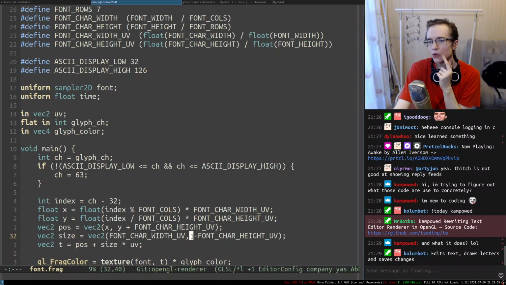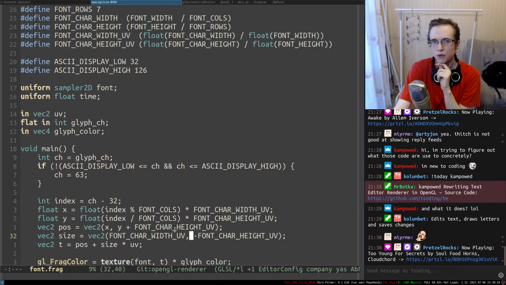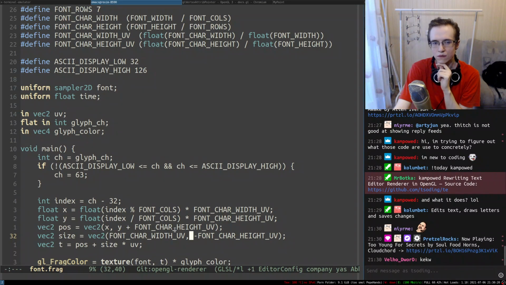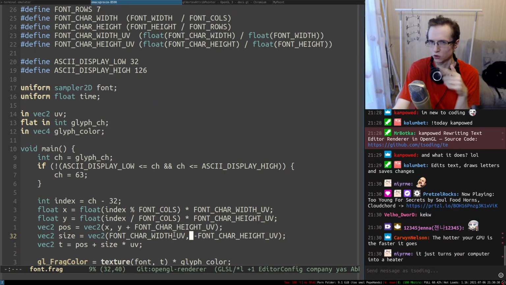I'm trying to figure out what code is used for, concretely. Concretely. It is used to make the GPU on your computer heat up. Yes. So essentially, your GPU is like an engine, right? So it needs the fuel to actually heat up and move. And the fuel in that case is code. You feed it the code and your GPU heats up. It burns the code.